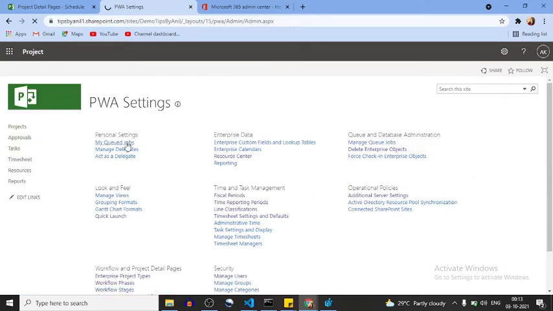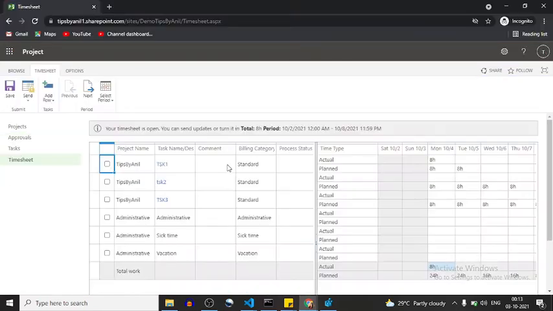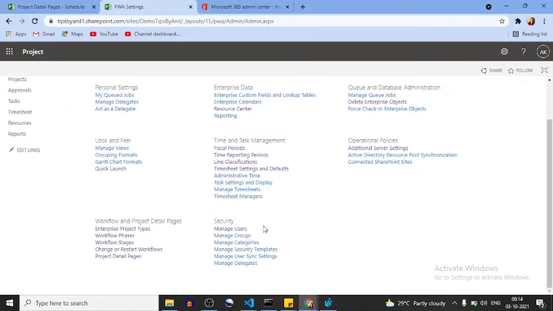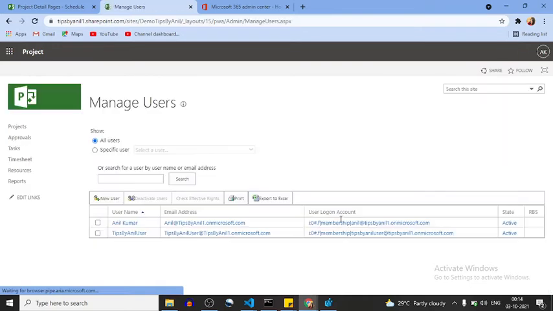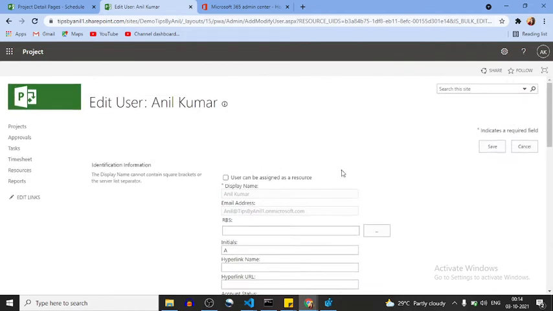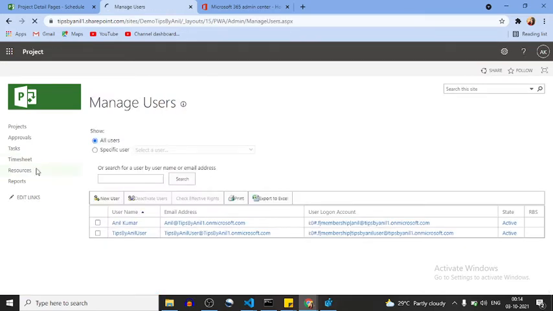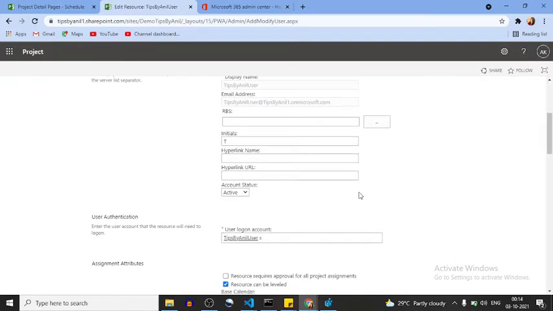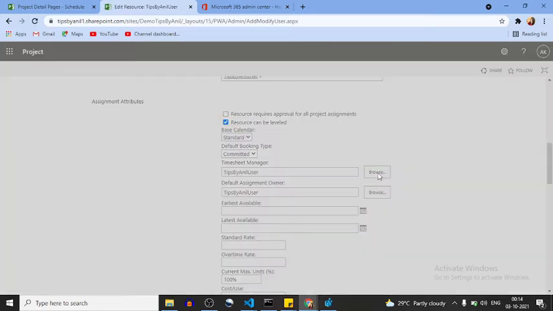Because right now, if you see in the approval center, we don't have any user. But here, since we have created this user, let me change the timesheet manager and default status manager for this user. Click on browse.